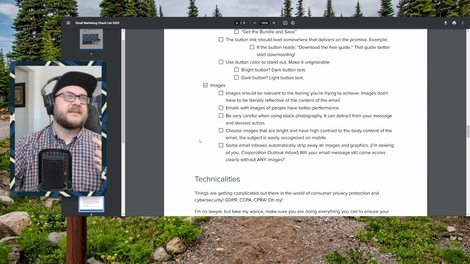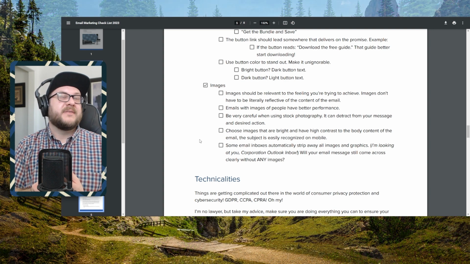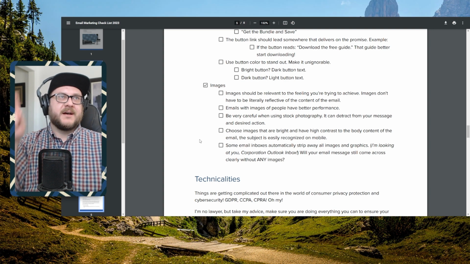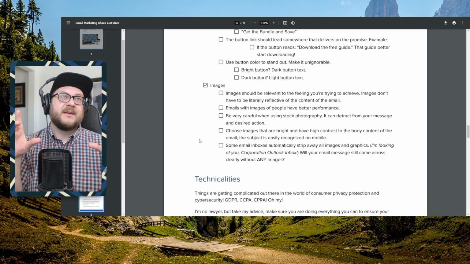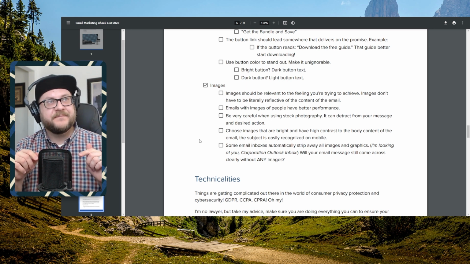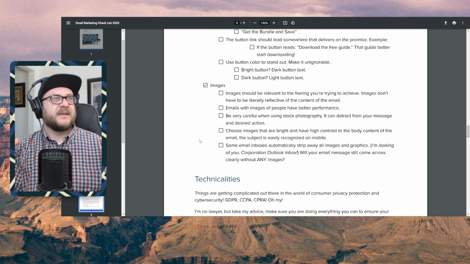Buttons and emails and images, things like that need to be clear. One call to action. Can your email survive if the images don't load? I've seen a lot of emails where someone's made this beautiful graphic, and depending on your settings, that image doesn't load. Now your email is essentially a gray blob of nothing.